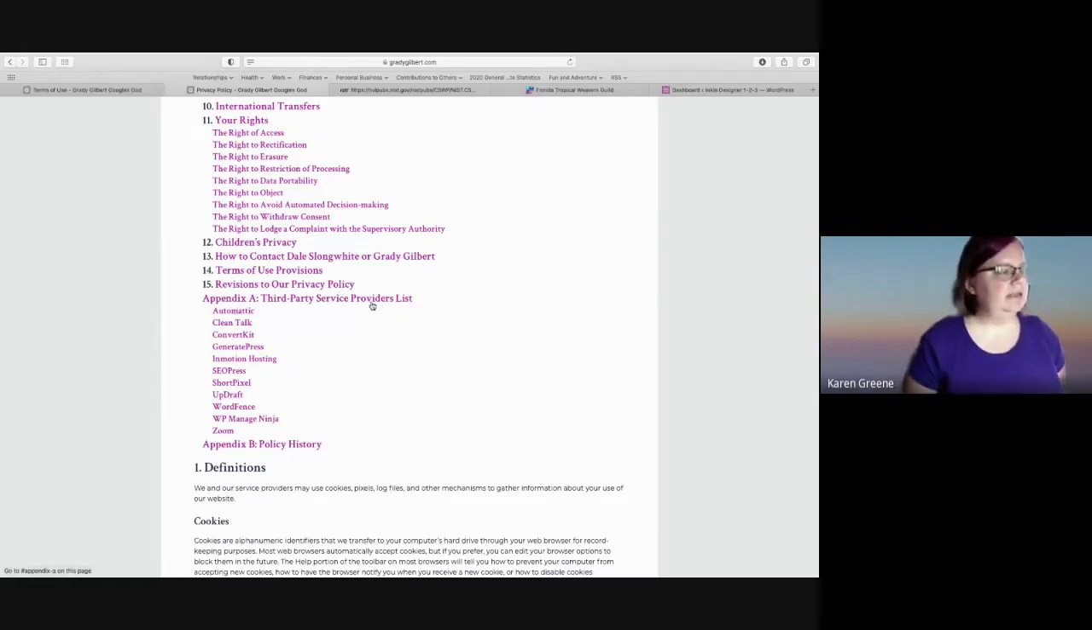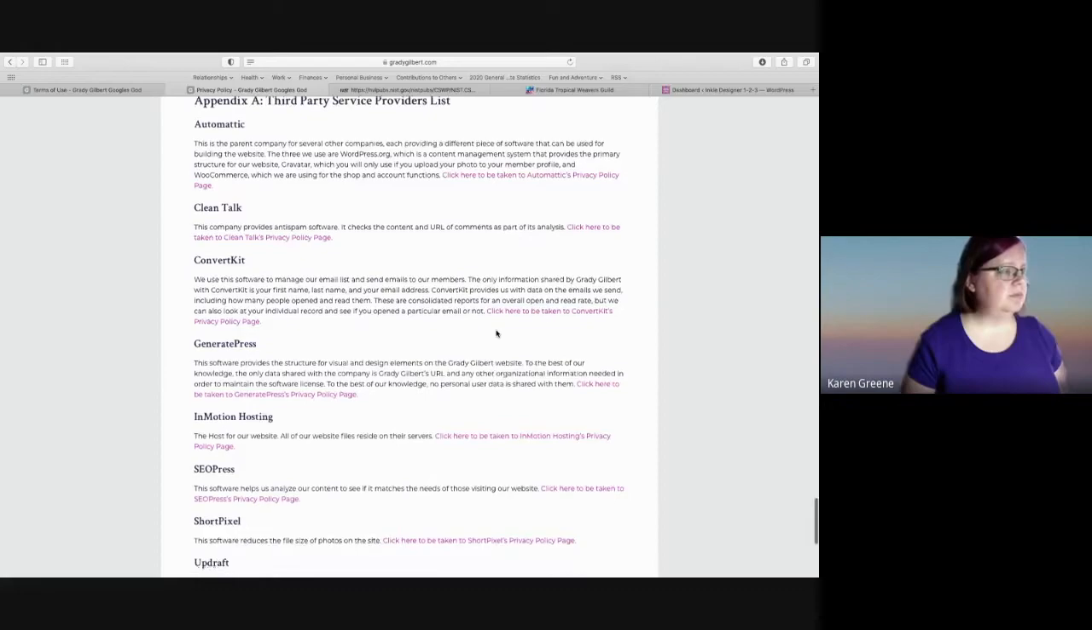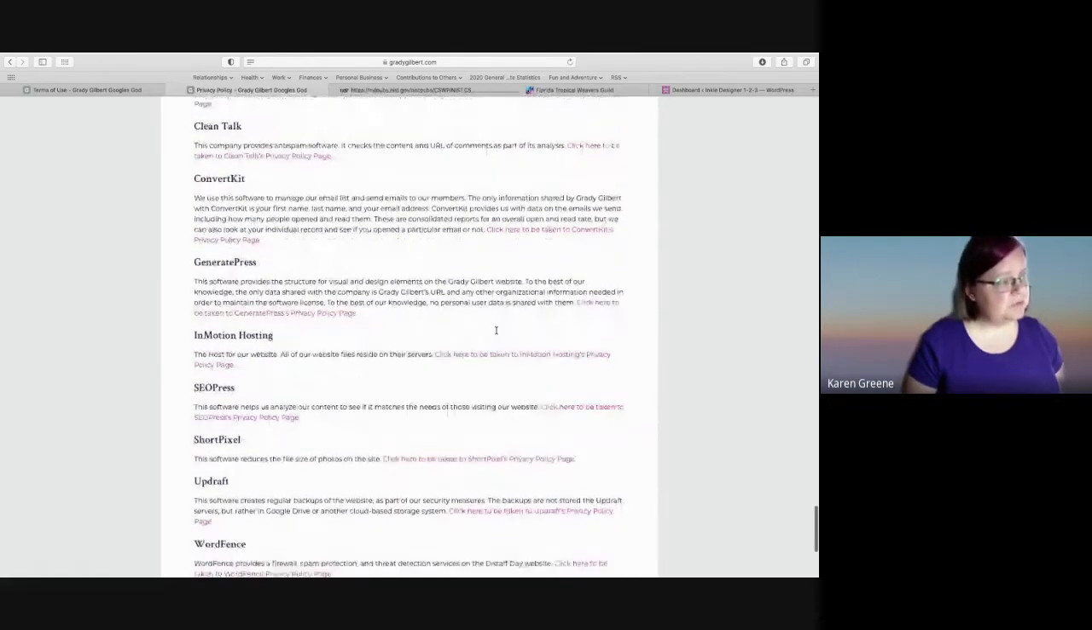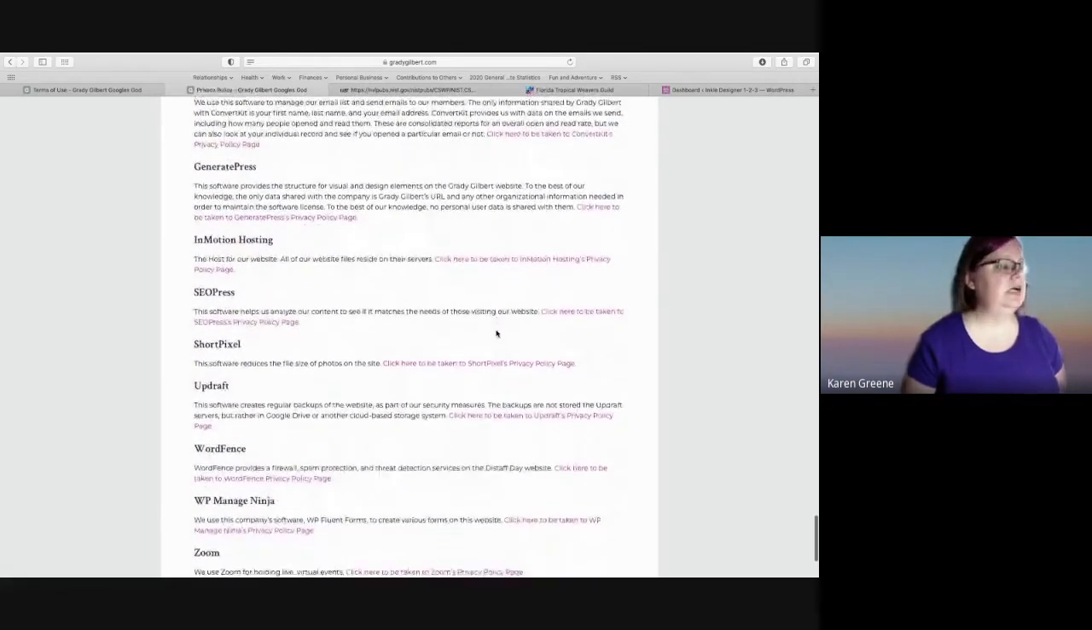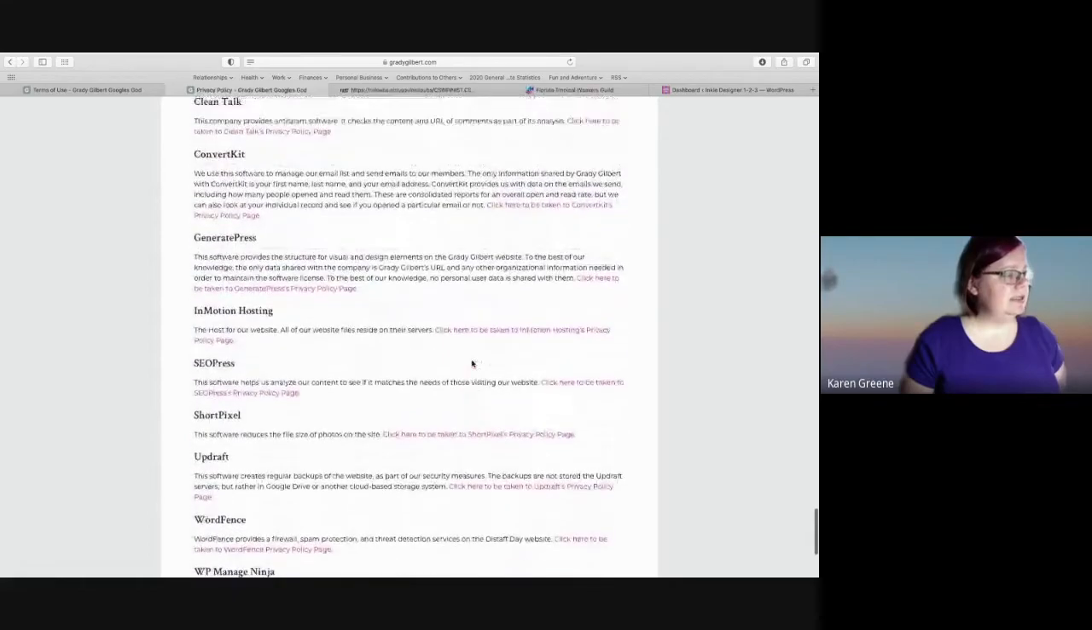I also add this third-party service providers list. And if I click down here, this is a list of the service providers that we use on this website with links to their privacy policies. And this is,